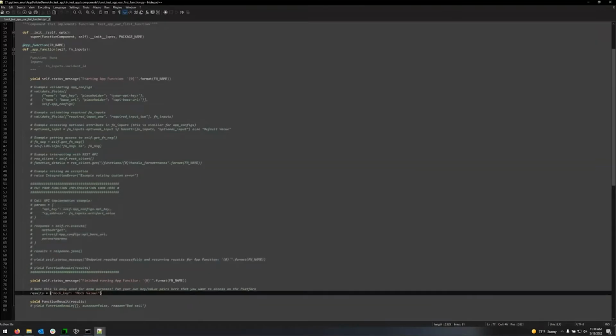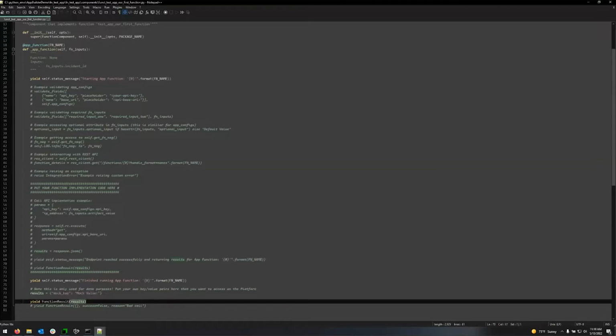When you pass these results back, you're going to pass them back in dictionary form, but then that dictionary is going to be appended to another dictionary. So what you are handing back right here isn't going to be the same results that you are interacting with within